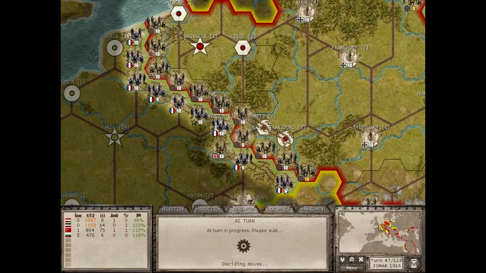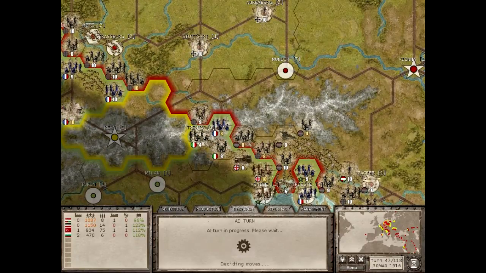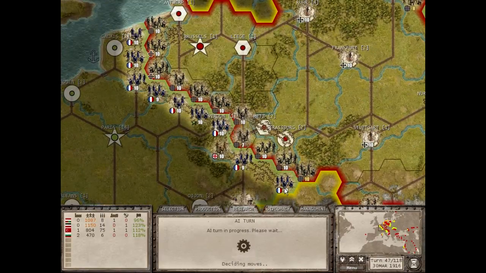Okay, and the French continue their attacks here on the Western Front, this time against that unit we moved into their abandoned trench line. Seems like this turn's taking a lot longer. I guess there is a lot of fighting going on right now, but...